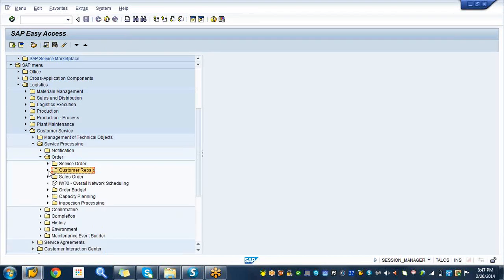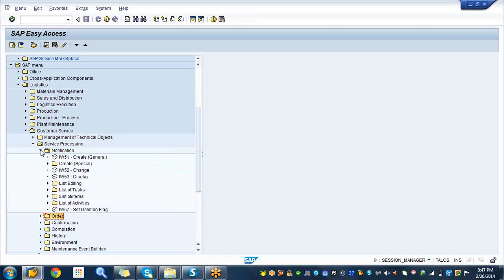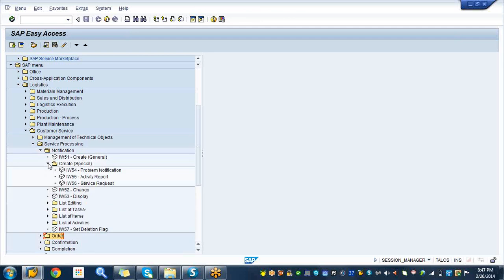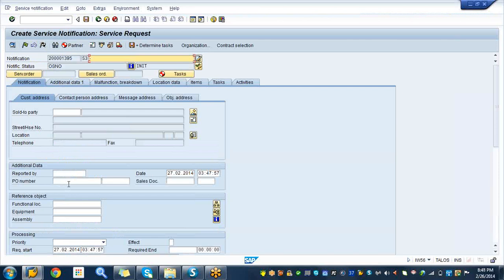You already got a repair request, so go and create a notification. This notification is going to be service request, repair service request. So use IW56, sold to party 3028,